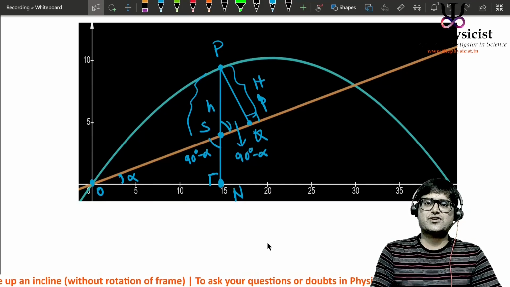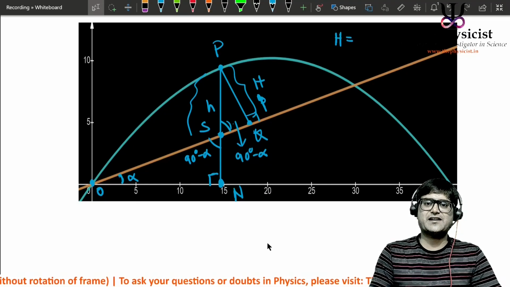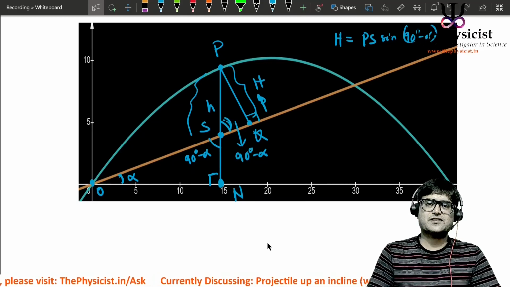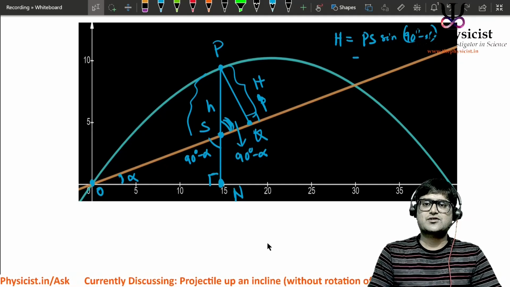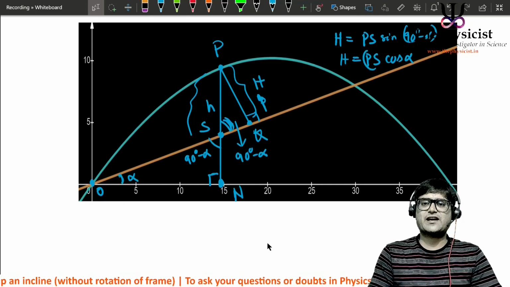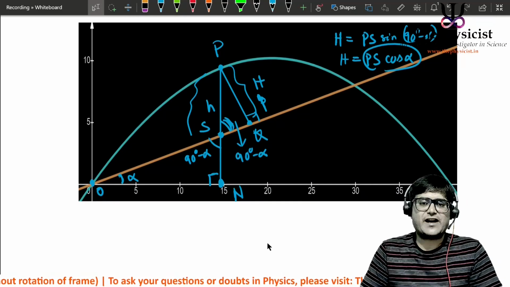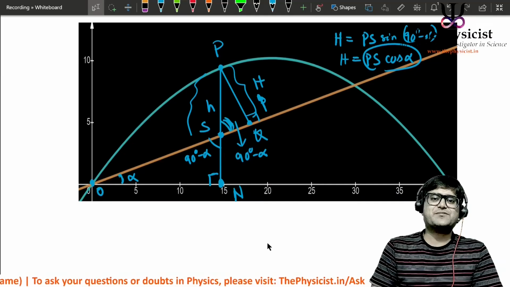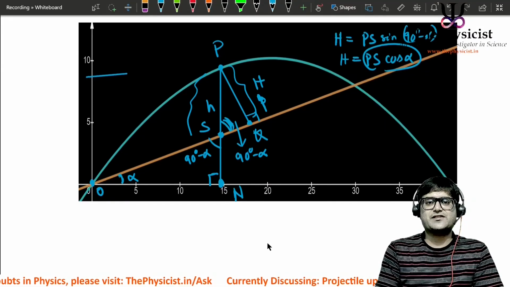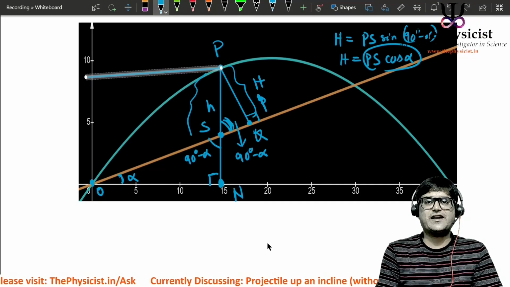So this angle is also 90 degrees minus alpha. So H, the maximum height, I can write as PS sine of 90 degrees minus alpha, for the base angle. Or I can simply write H is PS cosine of alpha. So if somehow I can find PS, I will be able to find H, the maximum height. But what is PS? It's simply the difference in the Y coordinates,